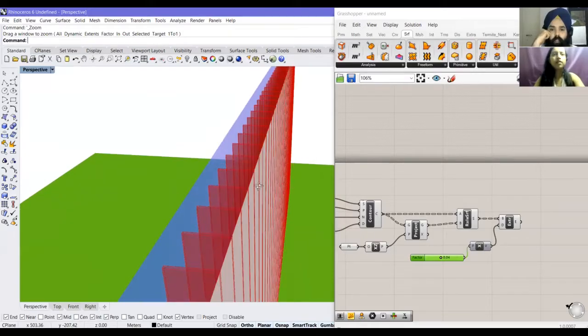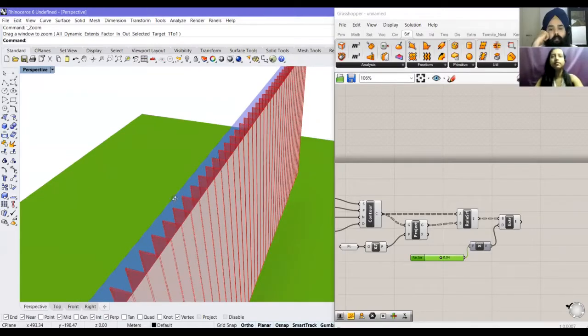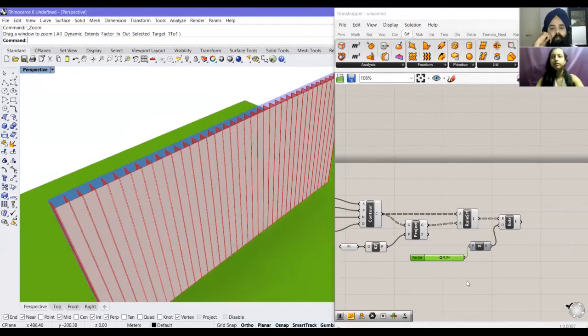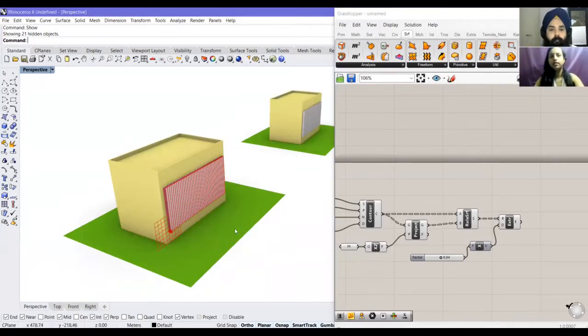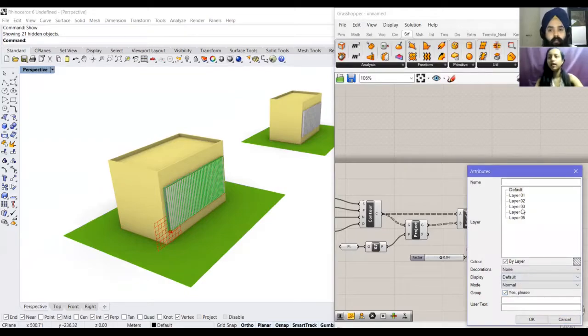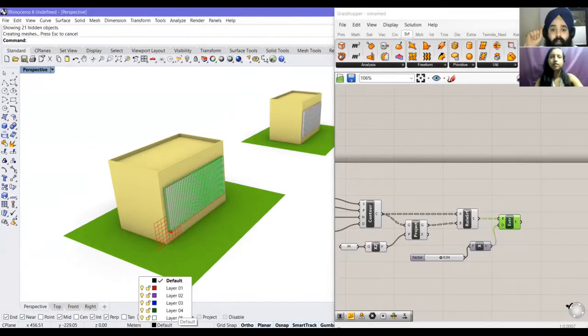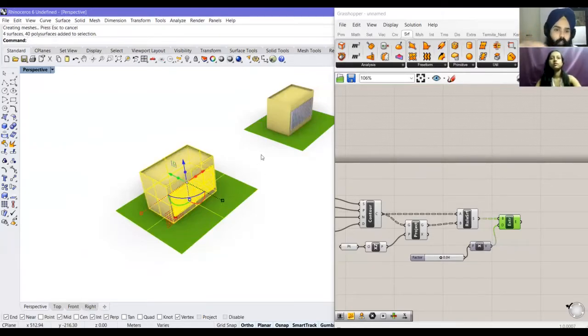Now, the interesting thing to see here is that these louvers have come out really nicely at the distance that we wanted. I'll just do a show so that we can see all of that. And I'll bake these louvers. Baking means committing to whatever changes we have, and I'll take it to the second layer maybe. Just like in 3D software we have render, here we are doing a bake, which is actually putting whatever we have done into action.